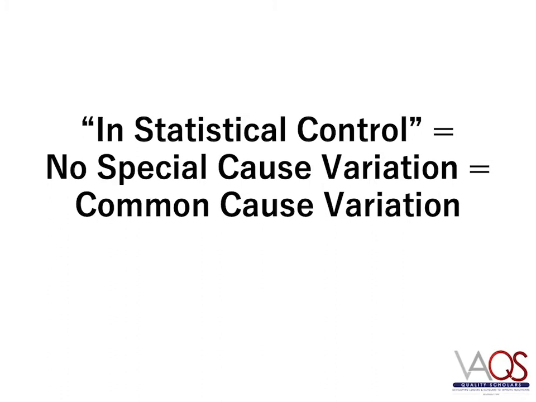If the system is in statistical control, and if you have no changes to the system, you can confidently predict that the process will continue to perform at the same level with the same average and with values falling between the control limits. Remember, just because something is in statistical control does not mean that the system is performing well. It simply means that in the absence of any changes to the system, the performance of the system is